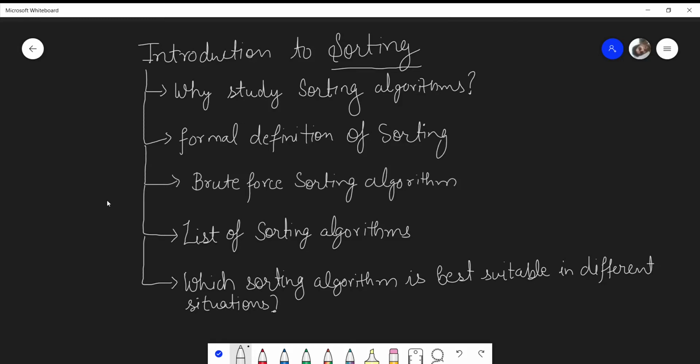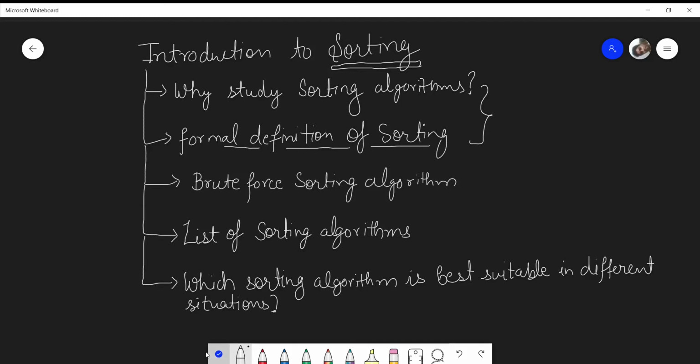Okay, so hello everyone. In this particular video series, we'll be looking at a very fundamental part of the algorithms section, that is sorting algorithms. We'll be studying what the different sorting algorithms are that are available. Why should we first of all study sorting algorithms? Then we'll move on to specifying a more formal definition of what sorting actually is. So let's first complete these two tasks and then we can move on to the different points.